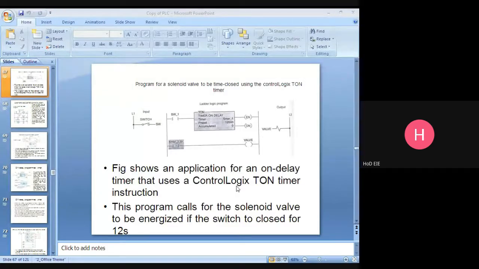Sorry. Once the switch is closed, the enable bit will be enabled and the timer timing bit starts timing. Already you know this one is for the accumulator value.